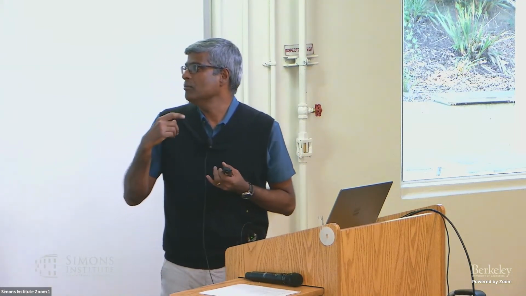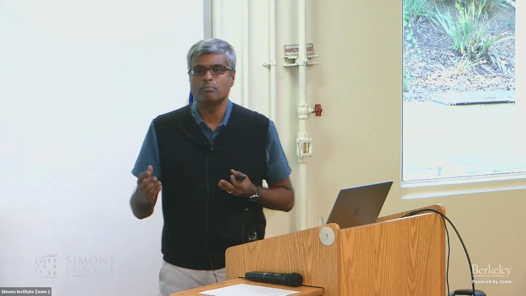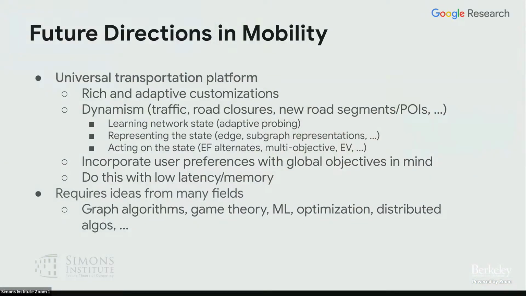By that, what we are beginning to understand is that as people move around in the network, people are looking for objectives beyond simple time and distance. There are a lot of adaptive customizations that people are really looking for: safe routes, simple routes, familiar routes, etc. But complicating this is the inherent dynamic nature of this network. There are a lot of closures, there's traffic, the network itself changes with new constructions, new points of interest showing up in the network that people could be interested in visiting, etc.